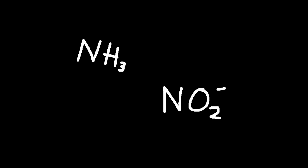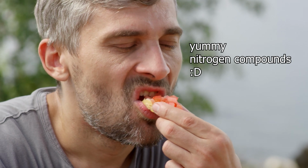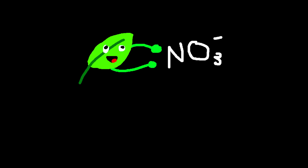Ammonia and nitrite have a lot of extra energy just kind of sitting in them, so nitrifying bacteria are able to use these compounds as food by oxidizing them and extracting their energy. The final product you get from this is nitrate. This is really important to complex life even just existing, since nitrate is the main form of nitrogen that's actually